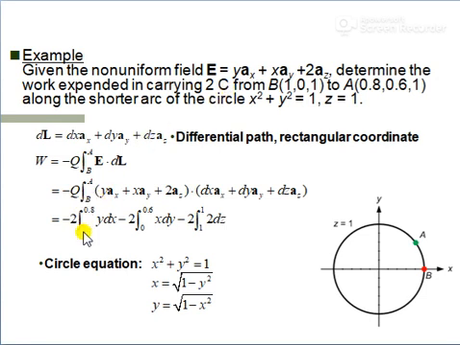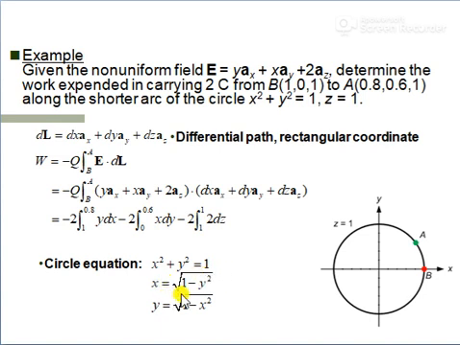Now what will the integration values be? The range of integration will be from point B to point A. This is the x coordinate. For point B the initial position is 1 and the final position, point A, is 0.8, right? So we can define this: A is 0.8 and B is 1, y dx along this, and minus 2 times 0.6, x dy, minus 2 times 1, 1 2 dz.